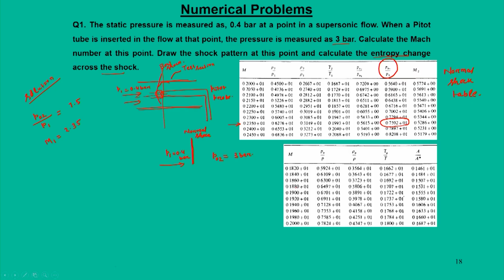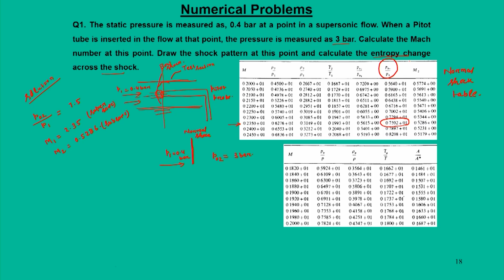Now, you can easily say M2 is 0.5286. So, this is subsonic, and this M1 is 2.35, which means it is supersonic. Okay. So, we are able to get this, but our main attention is that we have drawn this shock pattern at this point, which is a bow shock, and here, in the vicinity of the central streamline, the bow shock behaves as a normal shock. Then we need to calculate the